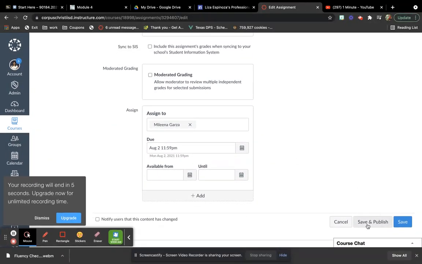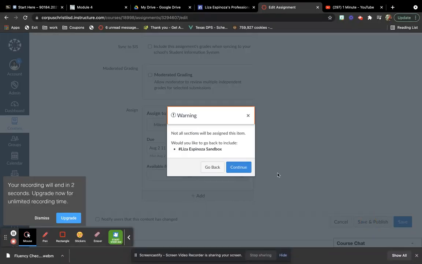And then, of course, after that, you're going to click Save and Publish. If you don't publish it, it won't